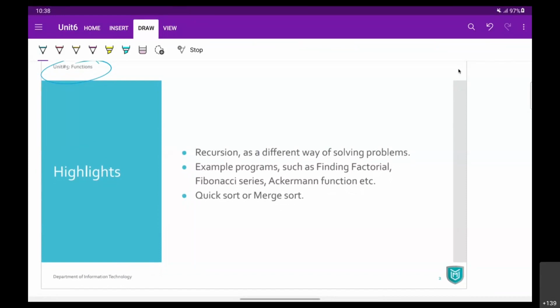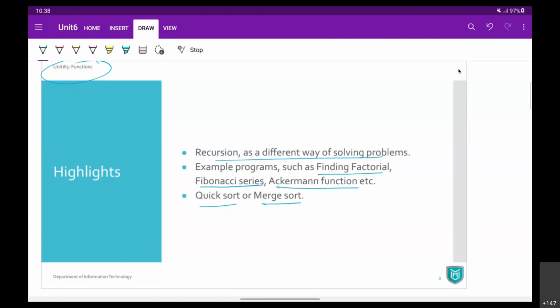Coming back to this point, in this unit we are going to use recursion to solve different problems. We'll start with the basics, finding factorial, then finding the nth term in the Fibonacci series, then how we can apply the Ackermann function, and so on. Later on, we are going to see quicksort and merge sort techniques, which make use of recursion in the solution process.